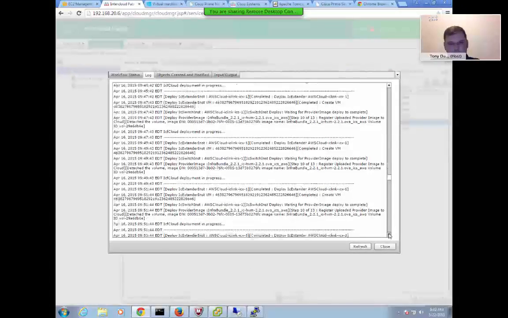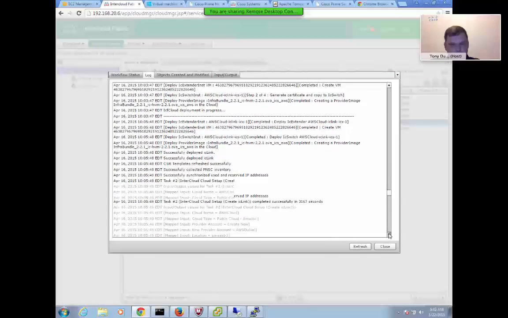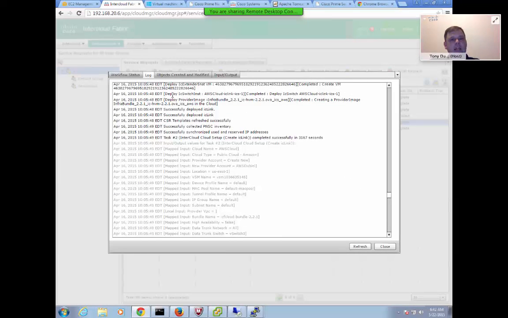That takes a bit of time. Some of these steps are a bit redundant. Okay, so now at this point in time, we have deployed what we call the IC link. The IC link is the actual tunnel. So once we have a functioning ICX and an ICS, based off of the configuration IP addresses, they become available,